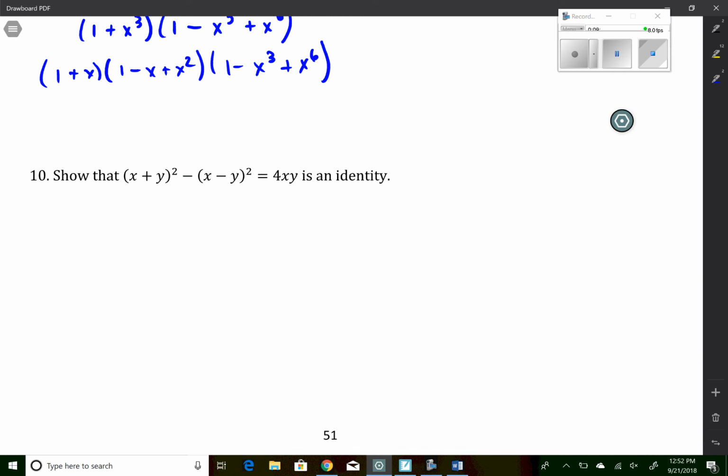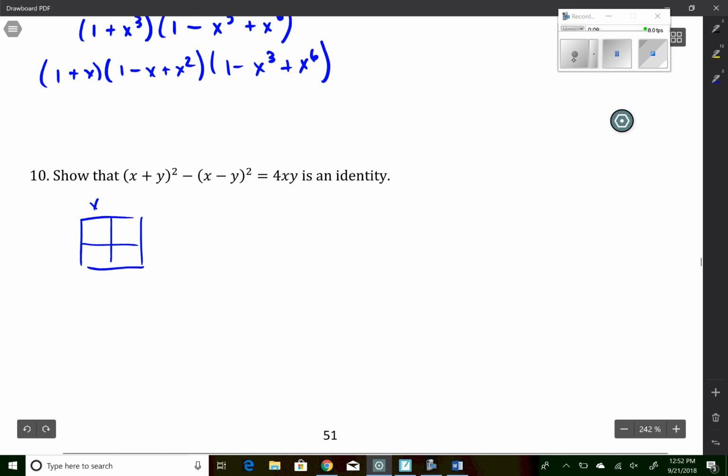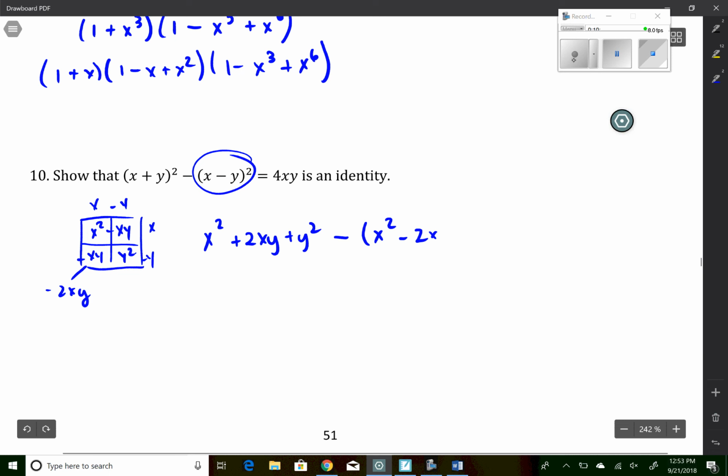The last question, if you prove this is an identity, you want to prove the left-hand side is the same as the right-hand side. So whenever you square something, you're just multiplying it by itself, x, y, x, y. So I have x squared, x, y, y squared. So I have x squared plus 2xy plus y squared minus, now if you're really smart, you know, this and this becoming minuses, just make this negative 2xy. So you don't even have to do this over. You already did the multiplication. So you have x squared minus 2xy plus y squared